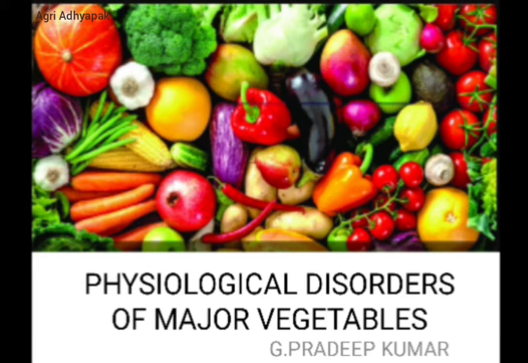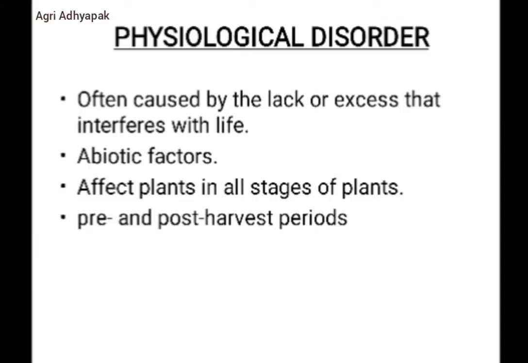Today we are going to discuss some of the major physiological disorders of vegetables. In the introduction, what do major physiological disorders mean? These are abnormalities of a fruit or the edible part which reduce the quality as well as the economic value in the market, which leads to loss to farmers. These are majorly caused by lacking or excess of things which interfere with the physiological life of the